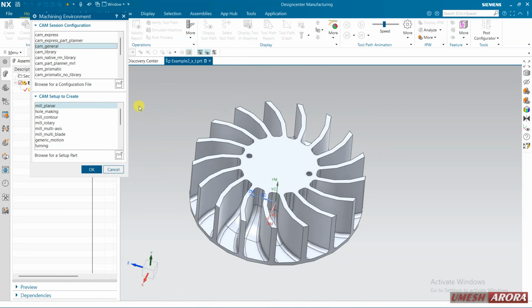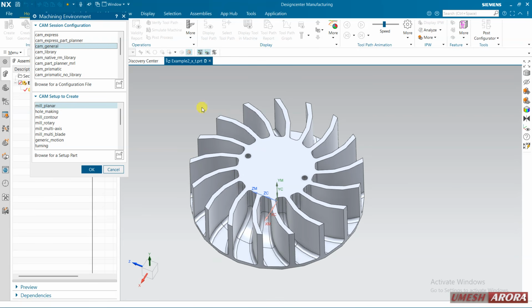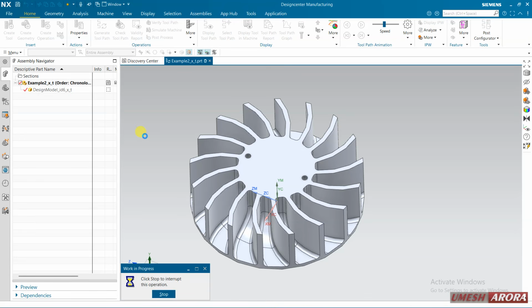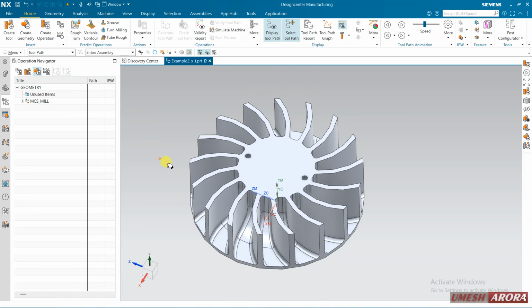So today we will see how to generate the tool path for this component. So first of all, I'm switching to manufacturing environment, and here I'm selecting mill contour and click OK. So for this part, I'm just telling you,